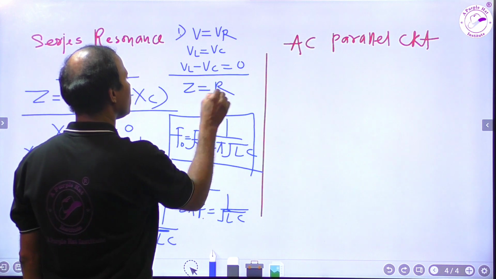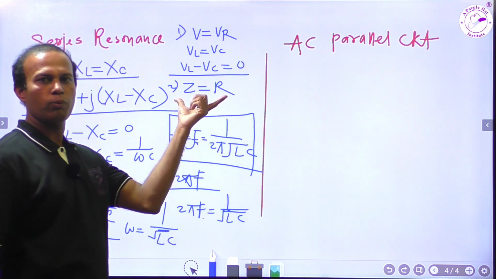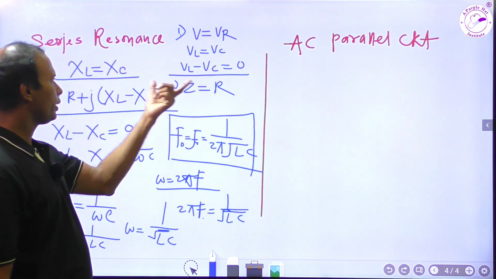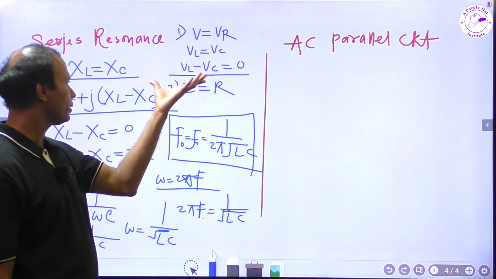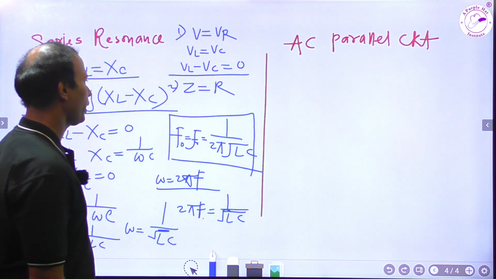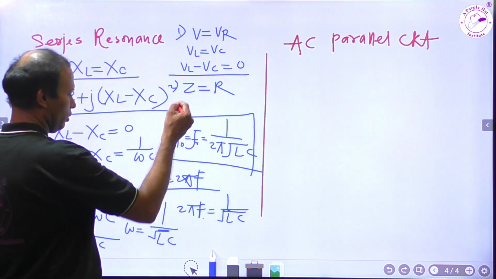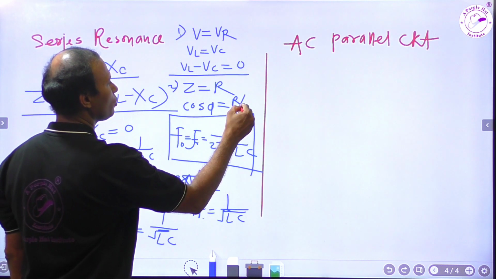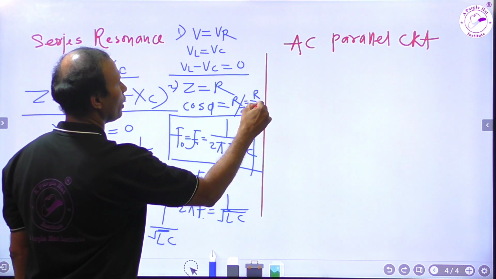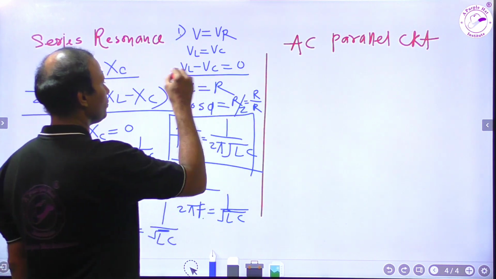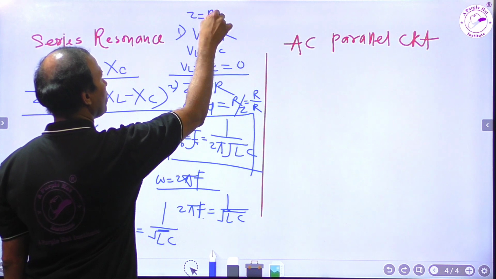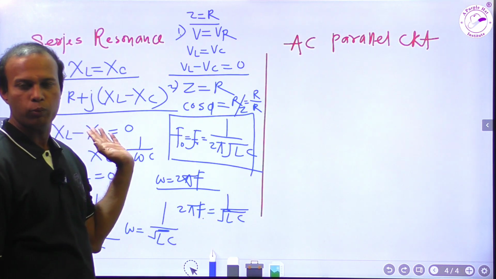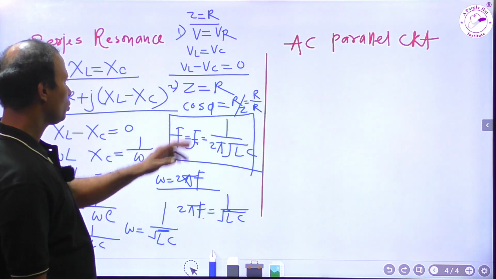Impedance is equal to resistance. The overall opposition offered by the circuit is due only to resistance, because of the cancellation of these two voltages, since inductive reactance and capacitive reactance are the same, so the circuit has only the resistance part. Now the third thing, power factor cos phi. Generally cos phi is resistance to impedance. In this case impedance is equal to resistance, so Z is equal to R. Current is maximum in this case. Why? Because the current only has opposition in the form of resistance. So Z is equal to R.